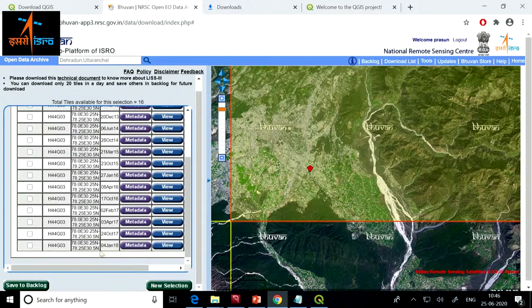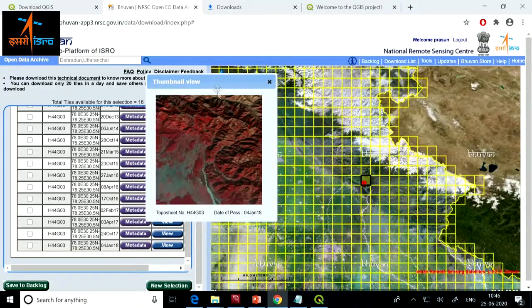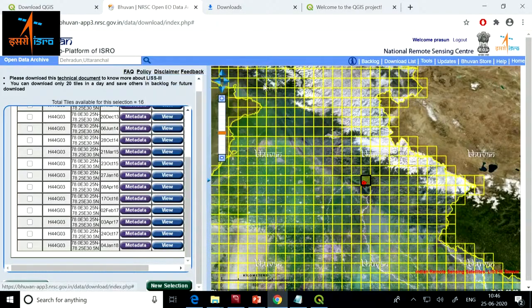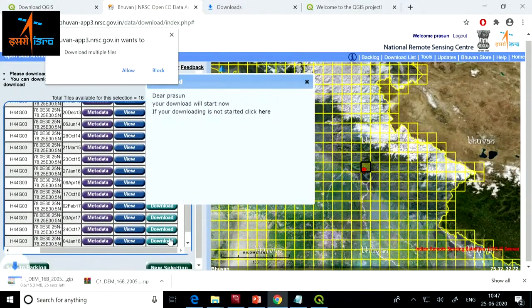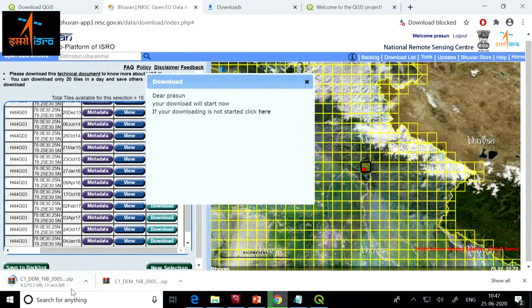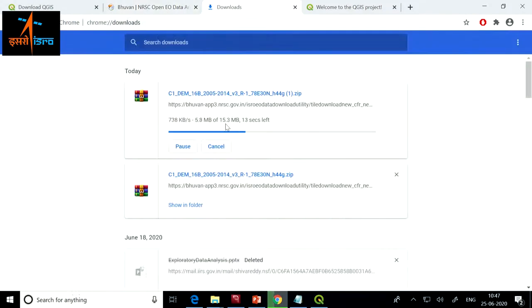I'll take the most recent one which is available, which is January 18. Let's just click on view to make sure it is cloud free. And let us download this data set. So now it is downloading a 15 MB file, which is the list 3 data. Okay, which is the list 3 data for Dehradun. So let me download this